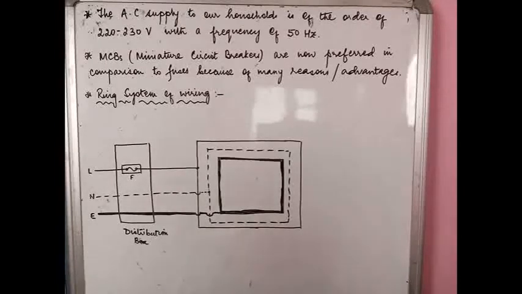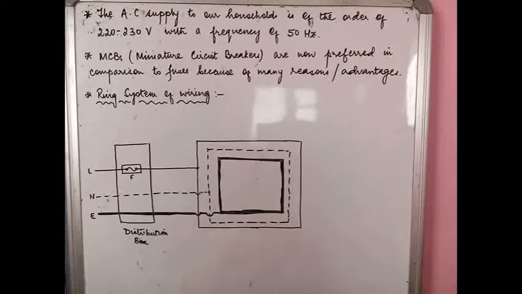Okay, the second thing that we have is MCBs, miniature circuit breakers. These are now preferred. You might have seen in the modern houses, whenever the wiring takes place, instead of fuses, people generally prefer to have miniature circuit breakers. Now within a matter of 25 to 30 milliseconds, which is much lower than 1 second, the supply gets disconnected or there is a disruption. Why? Because the circuit breaker actually breaks the circuit by tripping down. Now when does it do so? Whenever there is an excess supply of current or voltage.